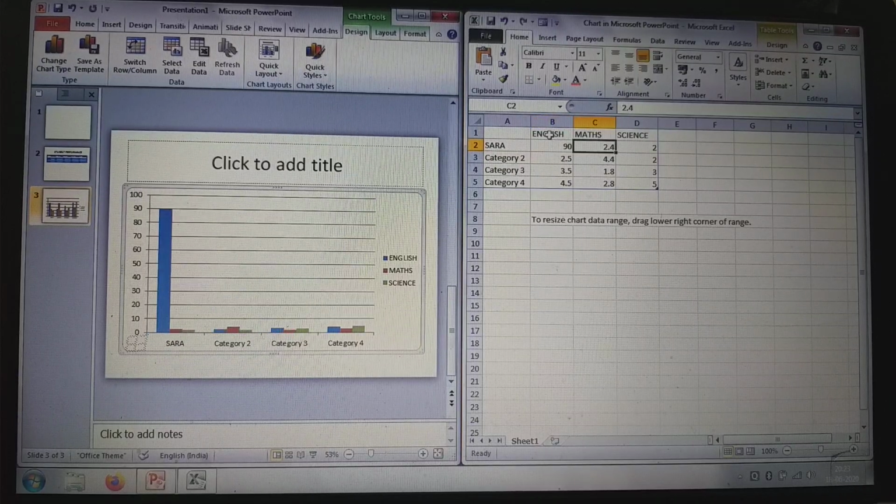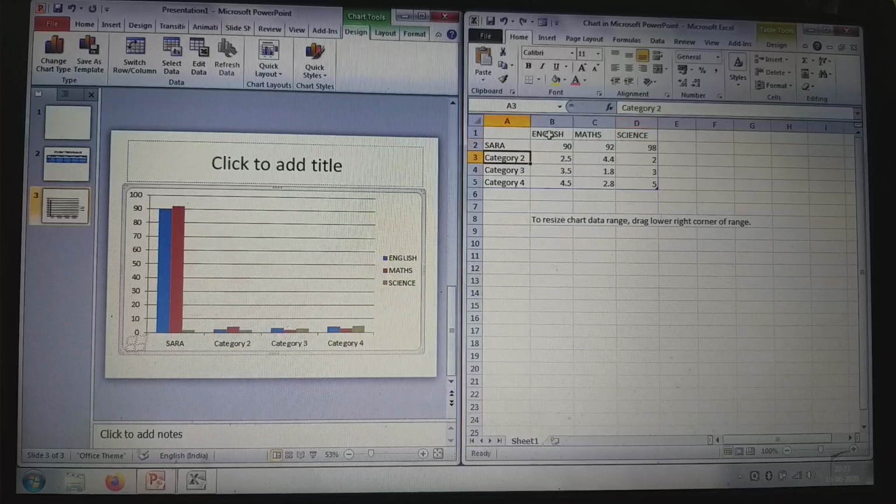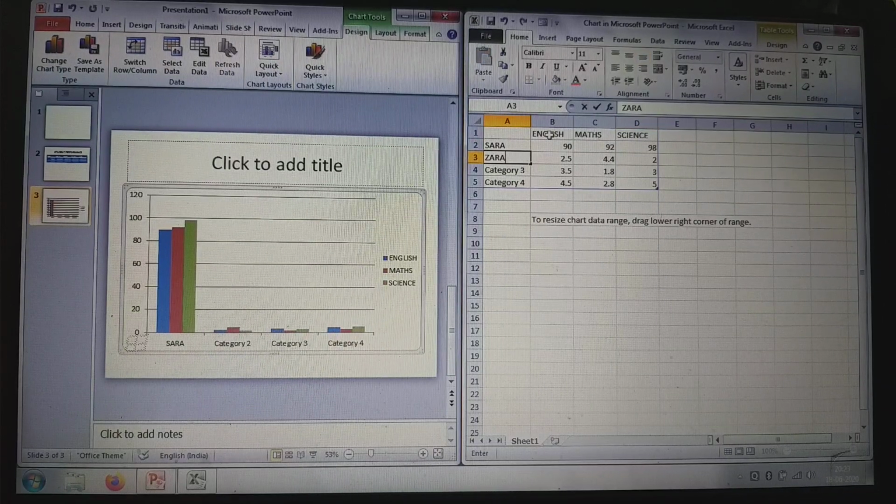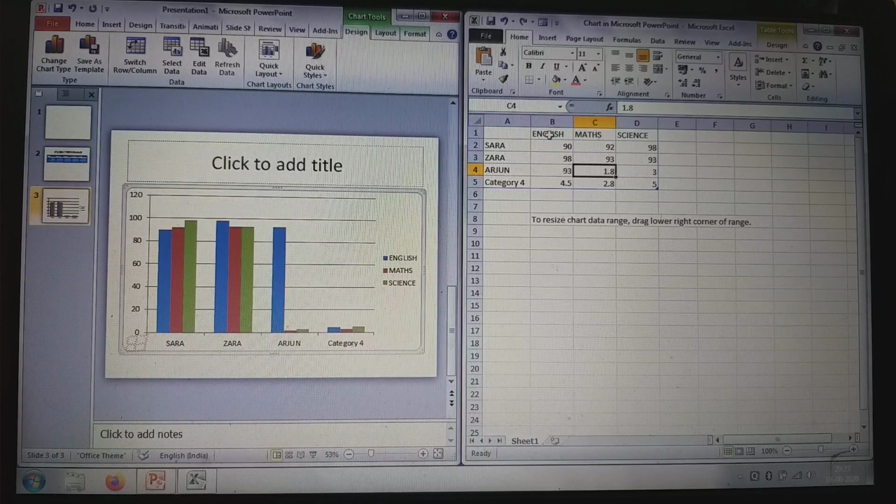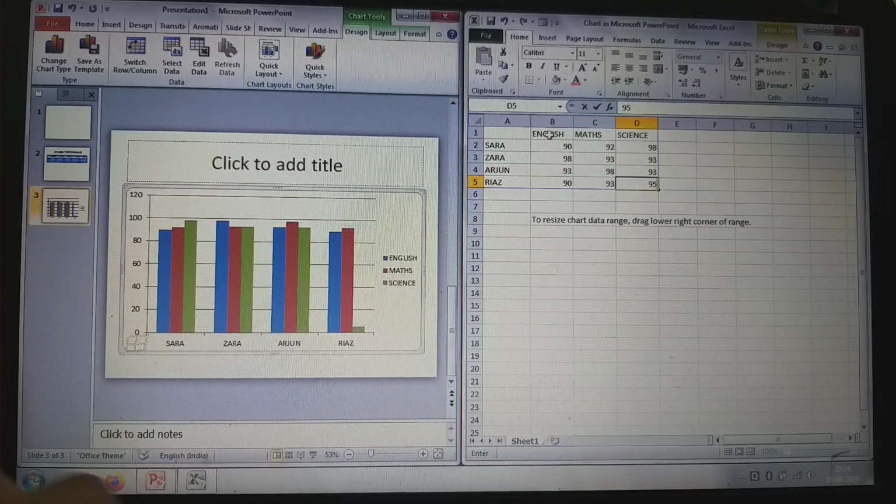Sarah 90, 92, science 98, Zara 98, 93, science 93, Arjun English 93, maths 98 and in science 93, Riyaj English 90, 93, science 95.